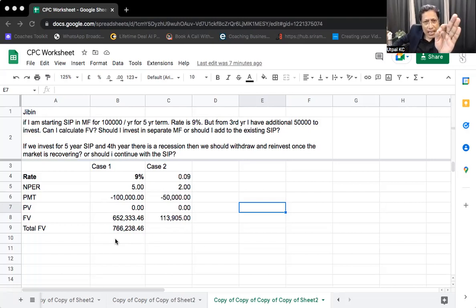Since 2016, I have not invested a single penny in stocks directly, because I know what happens inside the stock market. I invest in mutual funds because I know how to control mutual funds, how to switch, how to shift from one mutual fund to another, when to switch. That's the important thing. Since I know that, I invest in equity mutual funds, and the rest of these things are taken care of by the fund manager. That is his job, not mine.